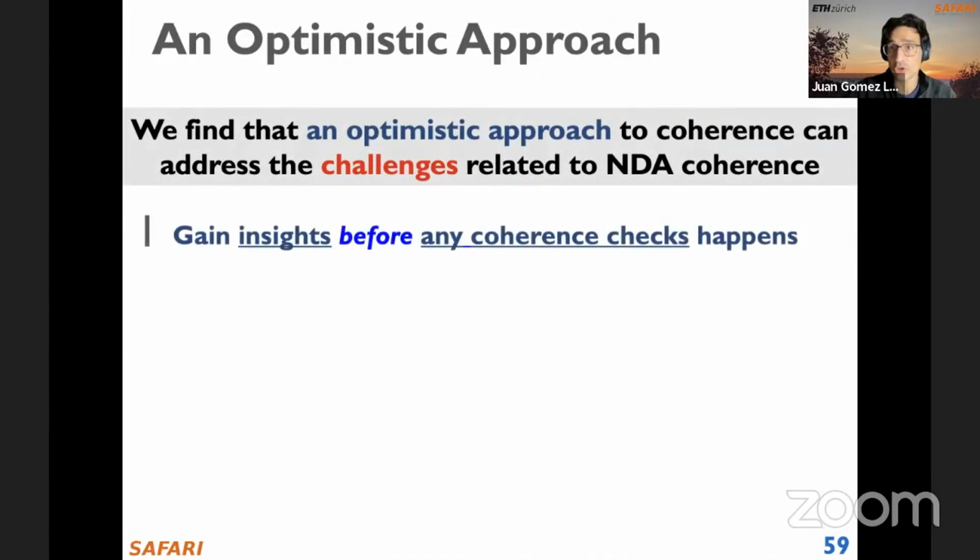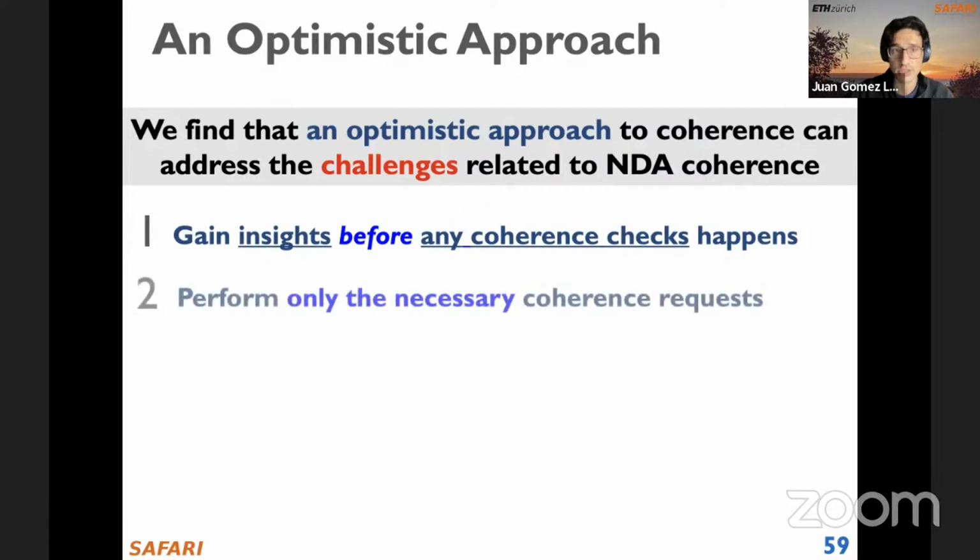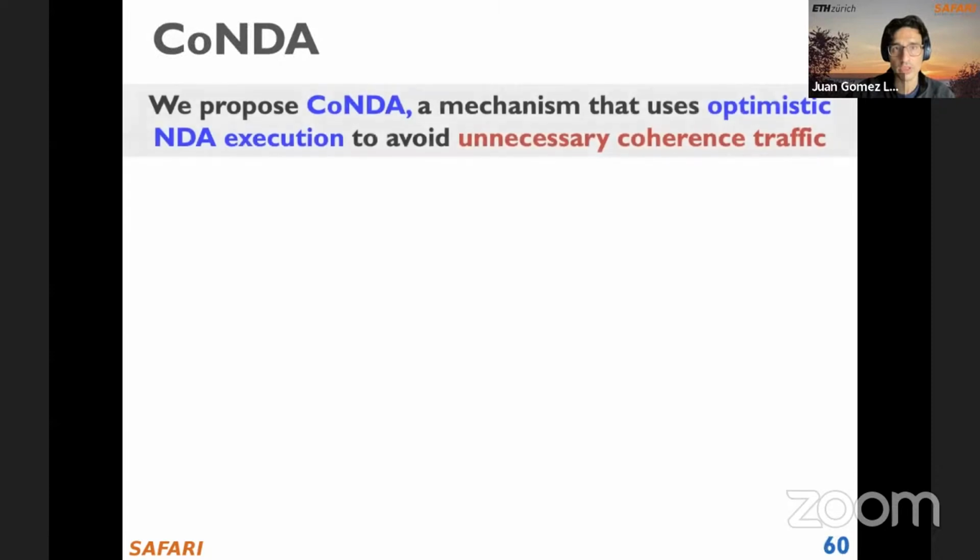So the idea here is to propose an optimistic approach that can, first of all, gain insights before any coherence check happens, and perform only the necessary coherence requests. So we try to minimize as much as possible the coherence traffic, the communication due to maintaining memory coherence. And this is CoNDA, an optimistic mechanism that enables memory coherence in systems with processing-in-memory capabilities, avoiding all